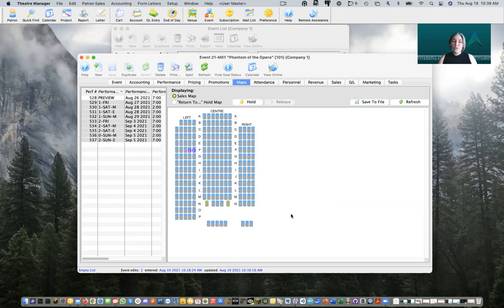We can add any additional holds that we need at the map level. And these holds will be in each of our performances. They'll also appear in our online sales, and they're different from holds that might be held in the map itself. A map hold is designed for any hold where it's consistent throughout the venue for every single performance, whereas our performance holds are individual